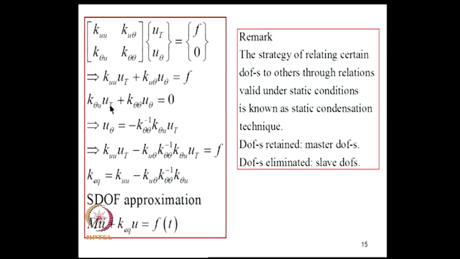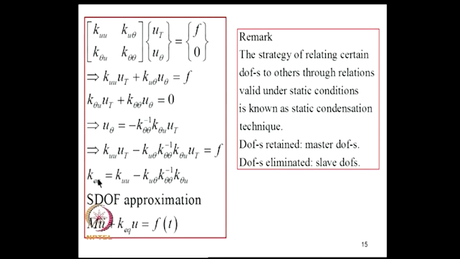Now, you look at the second equation, I can eliminate u_theta or relate u_theta to u_t through this relation. Again, let me emphasize that this relation is valid only under static conditions, but what we do now is we extrapolate that and say that even under dynamic situations rotations are related to translation through this equation. So, if you now substitute for u_theta in the first equation, we get this equation